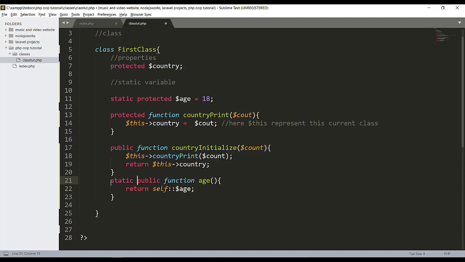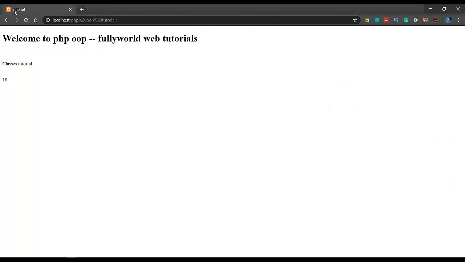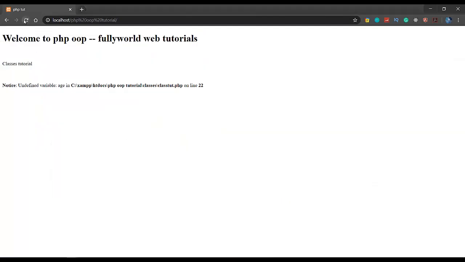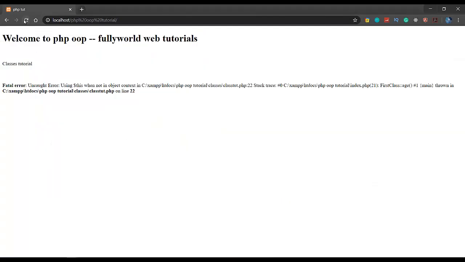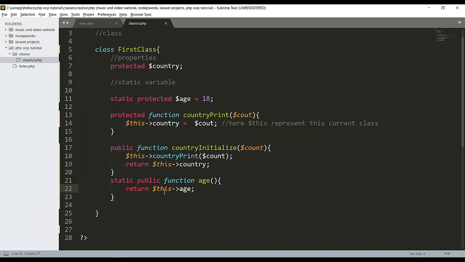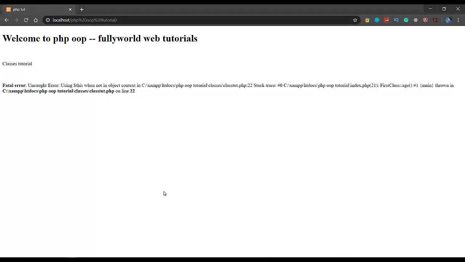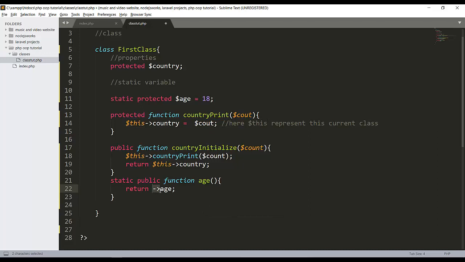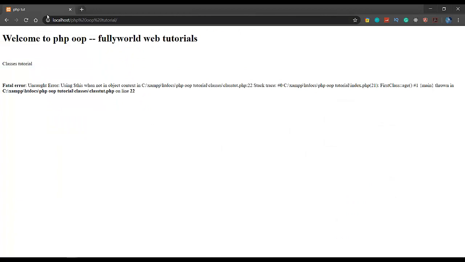You can create a static public function, and here simply write $age. So when I reload this, $this->age here. So we have to write simply self::$age here.